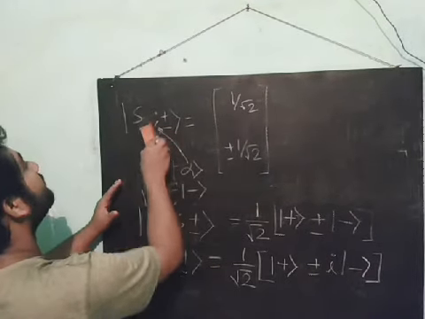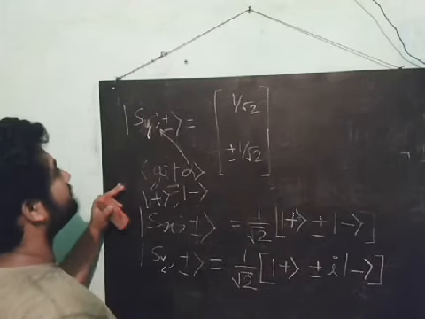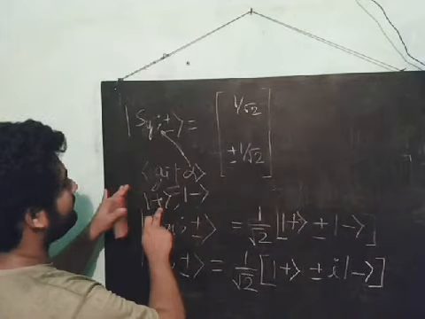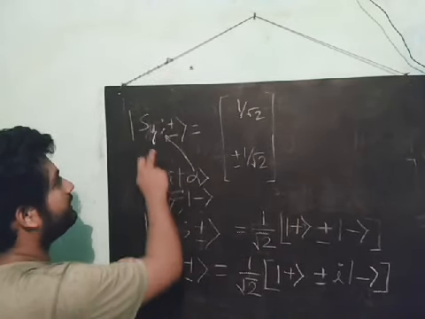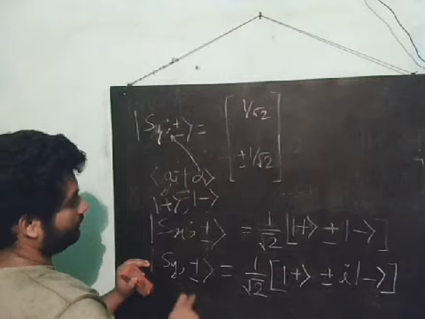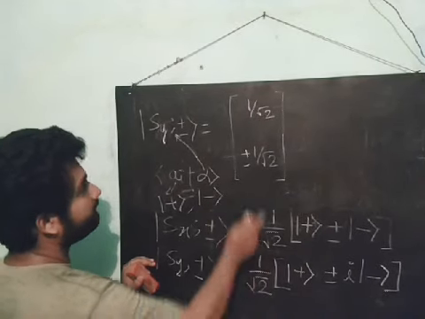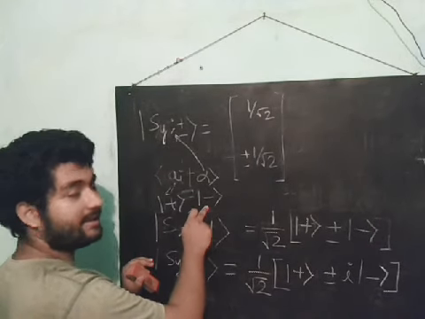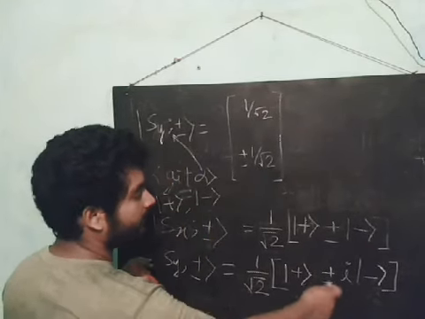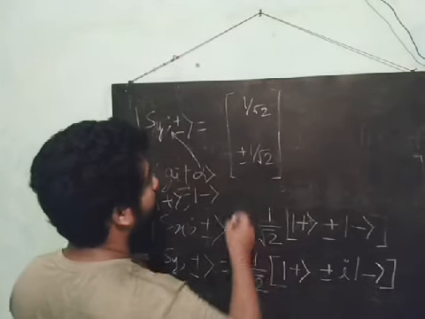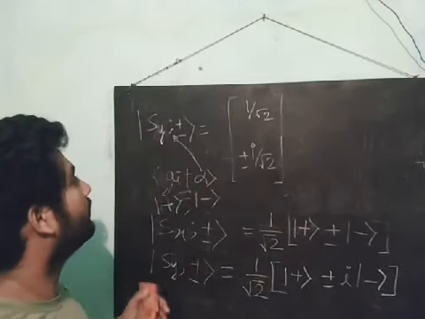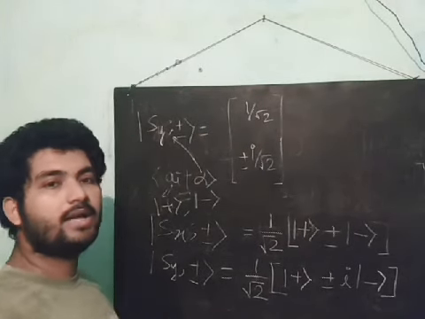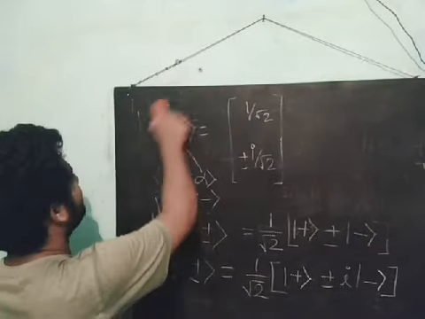Similarly, let's do it here. Sy positive negative. So here same thing. I will scalar product this positive with this Sy positive negative. So it will be again 1 by root 2. And when I scalar product this negative with this Sy positive negative, it will be plus minus i by root 2. So this is the matrix for Sy positive negative. So I got what I promised to get.